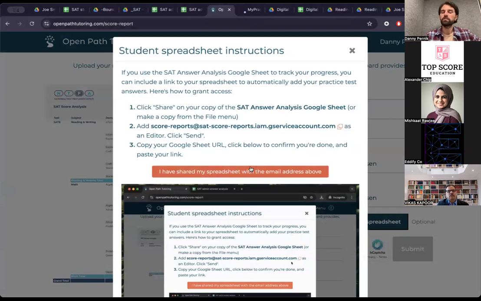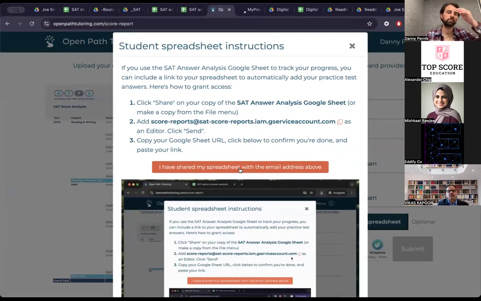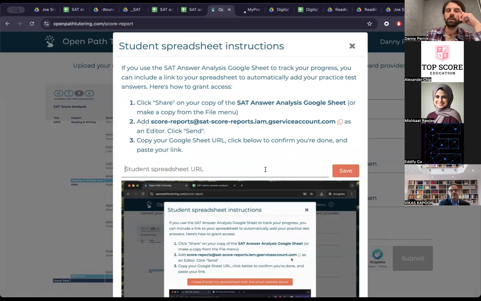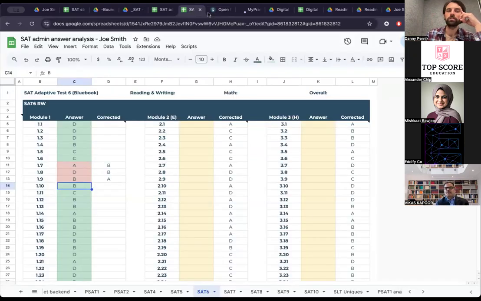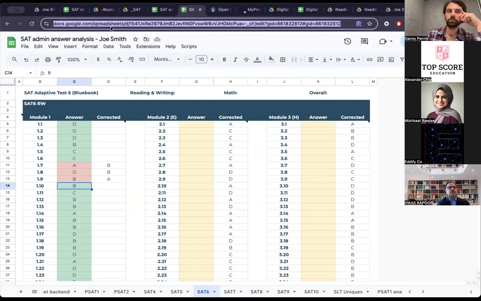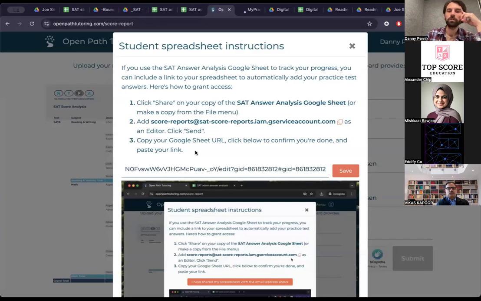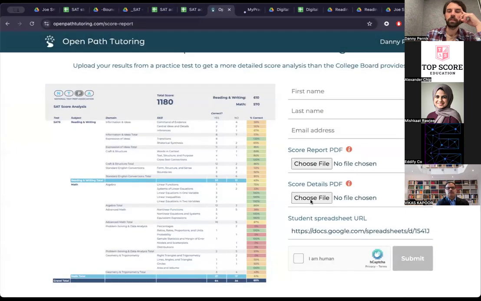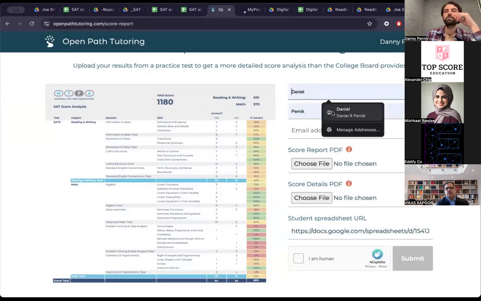This is actually already shared, so I'm going to be changing the instructions here. I figured out how to automatically add this email address as an editor to the default template. And so you just put in a link to either the admin sheet for the student, or you can add the student sheet in. Let's just go ahead and do one while we're at it. So I'm going to save that, and then let's just put in